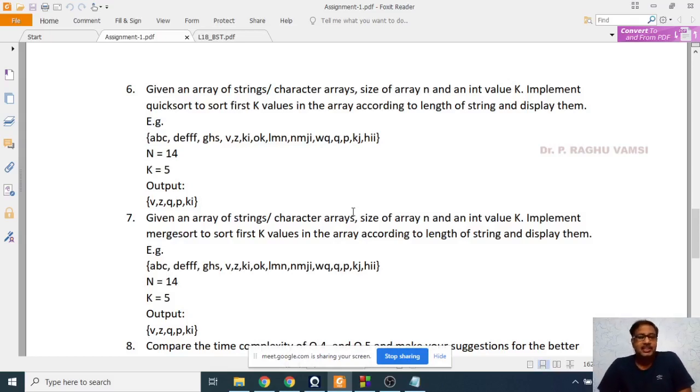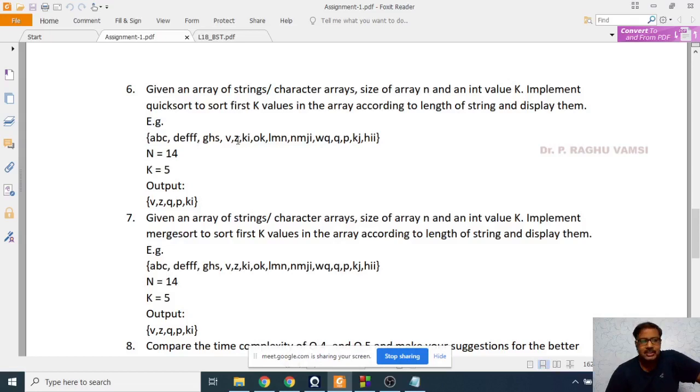You may give k as 3 or k as 5 or k as 7, that is the user's wish. First sort the first k values in the array according to the list of strings and display them. Now the example is ABC, DEFF, GHS, V, comma Z.